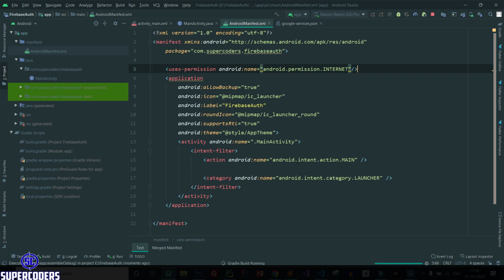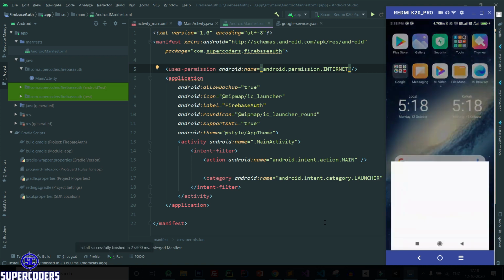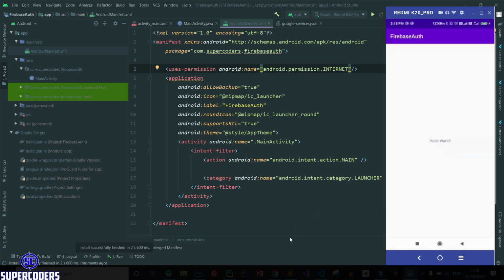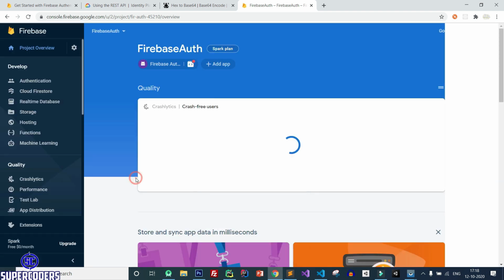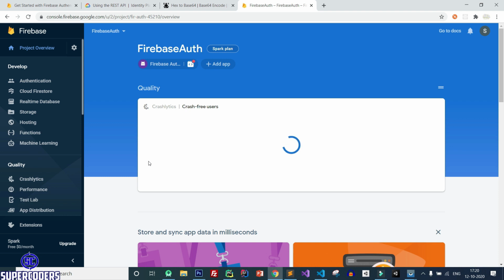Click on run. Now again back to Chrome, and you can see you have successfully configured or connected it to Firebase server. So our app has been connected to Firebase server. So simply click on continue to console. So my app is connected to Firebase server.